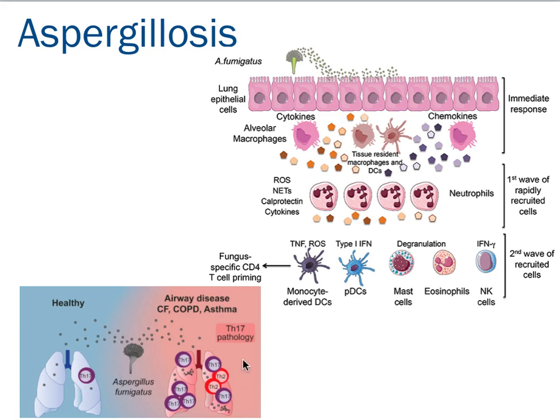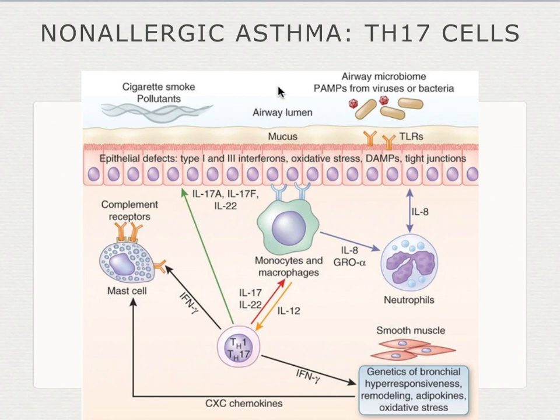But in people with airway diseases, they might actually get extra pathology because they already have an inflamed lung, and then the increase of Th17 cells will make the disease worse. So this form of Th17 mediated airway disease is characteristic of, for instance, non-allergic asthma. So asthma that is not caused by an allergen, so there's no Th2 cells in the lungs, but for instance,